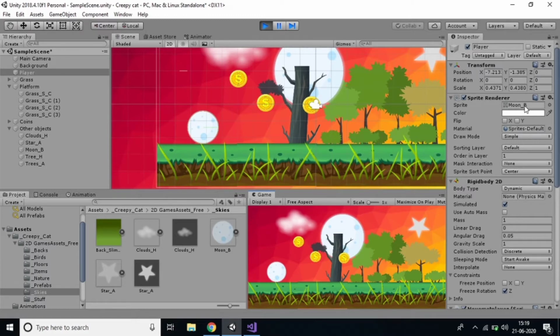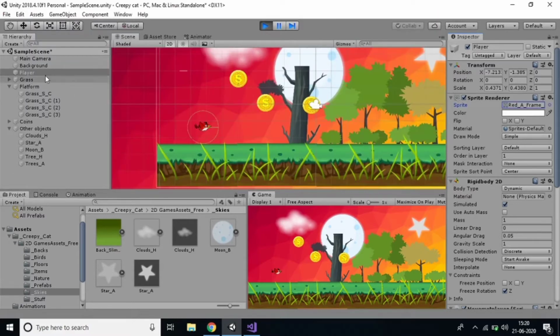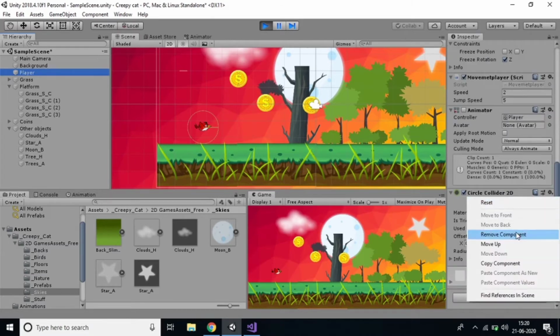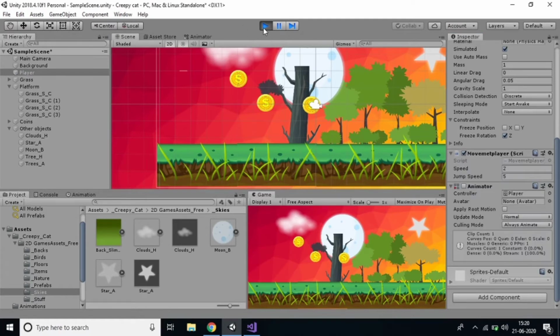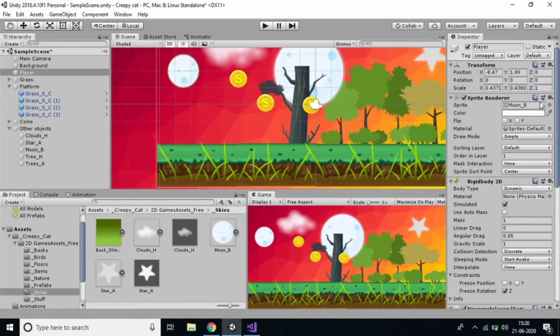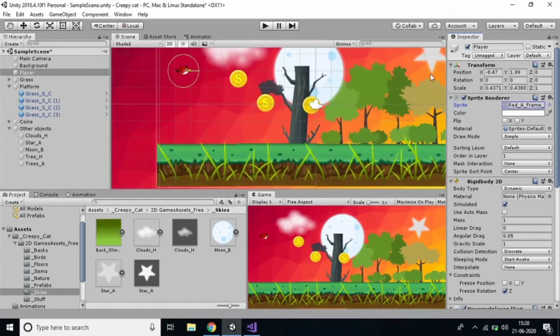Just drag whatever sprite you are using. Just click this one, and you can drag in the one you are using. So this is the way to add it, and you can find here, and remove the collider and remove component. Just add component which is, I think I'm doing this in play mode. Just stop the play mode, because everything should not be done in play mode. Just click here, and it's changed.